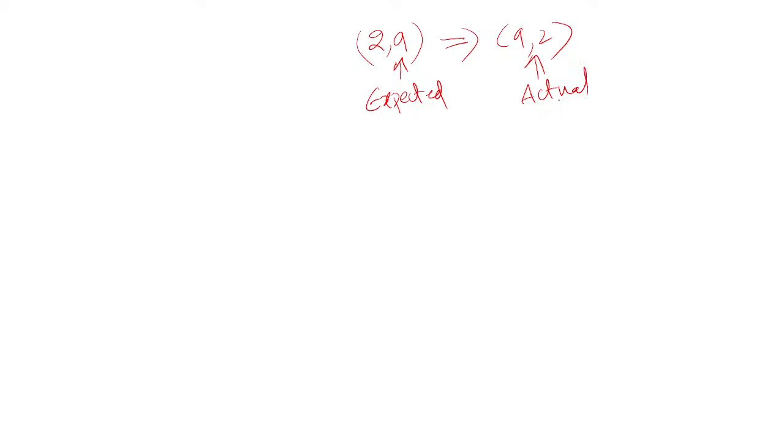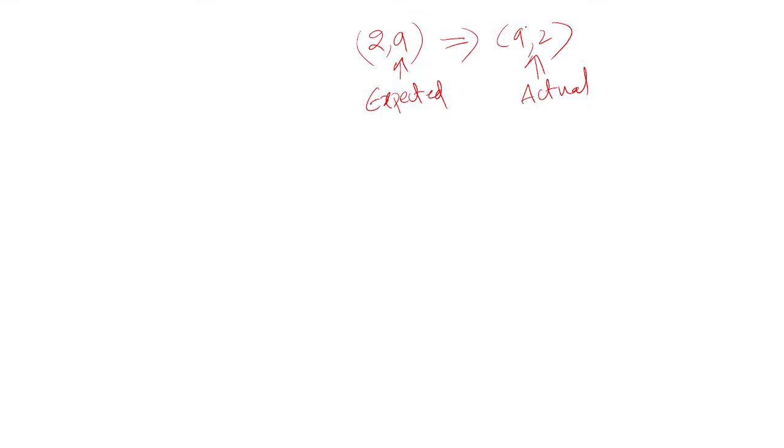That means when your expected output is in this form 2 comma 9, and you return 9 comma 2. Okay, so this is the expected output, and this is your actual output. Even though the pair